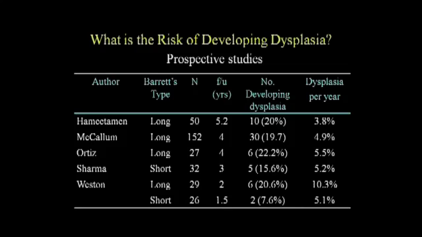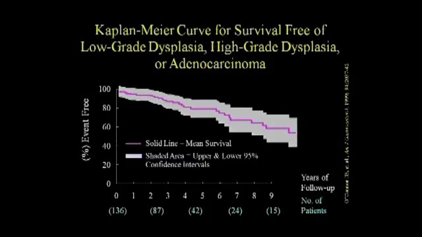That's a substantial proportion of the patients, 5% per year. If you're following 100 patients with Barrett's esophagus, 5 of them every year will deteriorate into low-grade or high-grade dysplasia. 4 of that 5% is low-grade, 1% is high-grade, and a small percentage, as I said, 0.5% or so is going to be cancer.